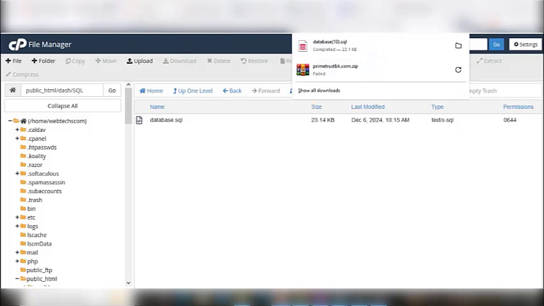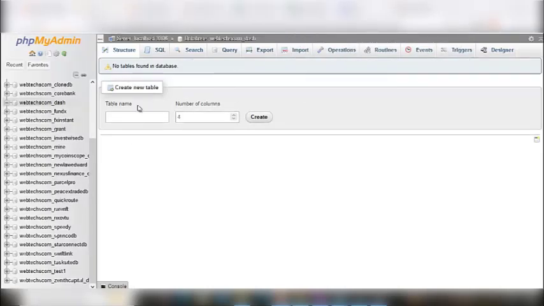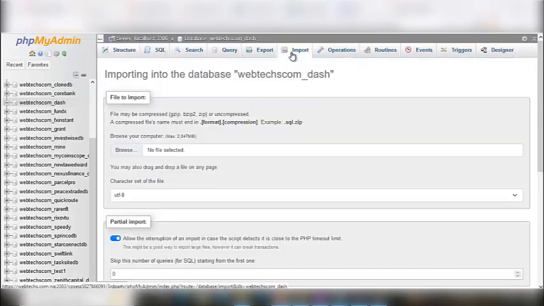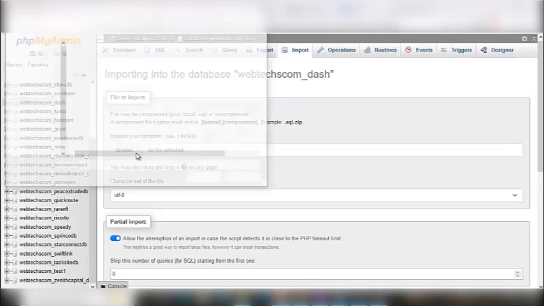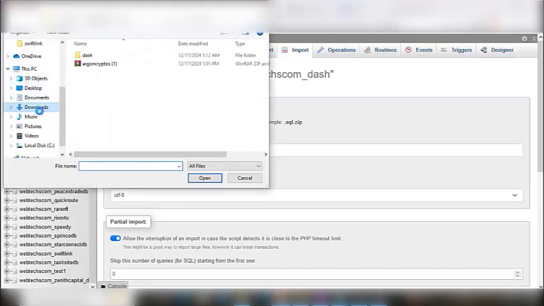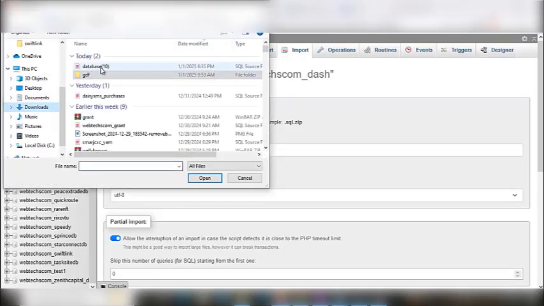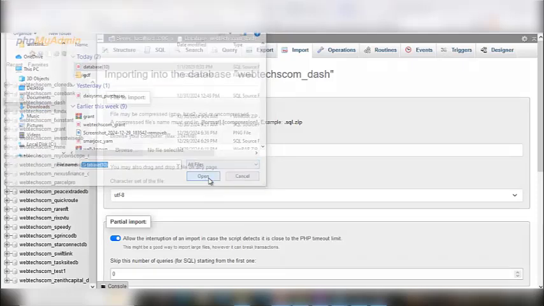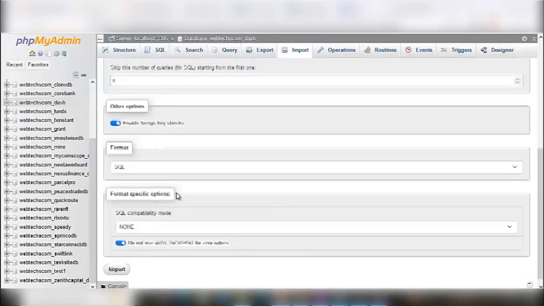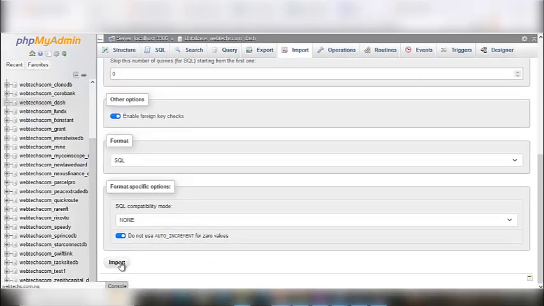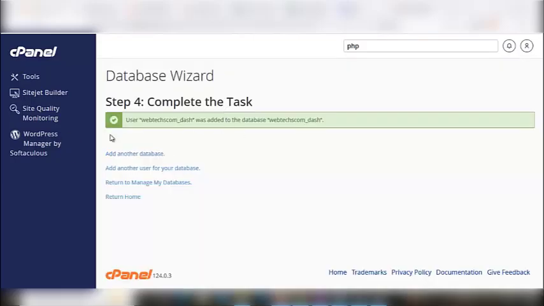Click that to download it. Then you come back here to this particular public php, click on import. Then browse, then go to my downloads. As you can see, this is the database we just downloaded. Click on open, then scroll down and click on import. While that is importing, let's go and enter the details we created, the database and